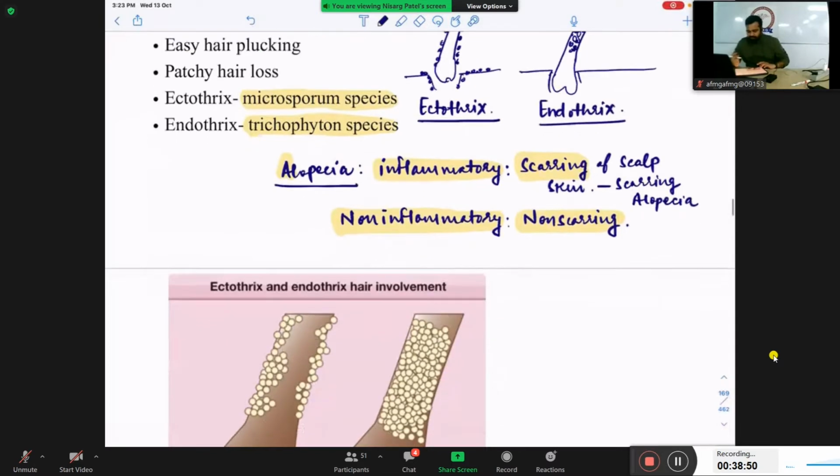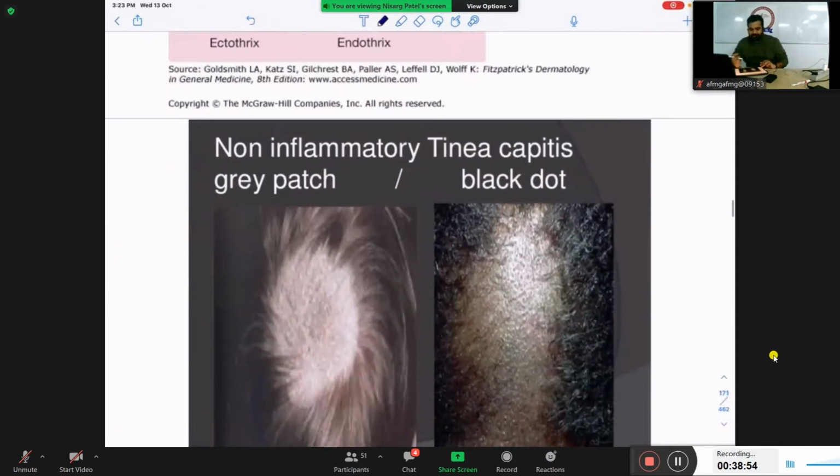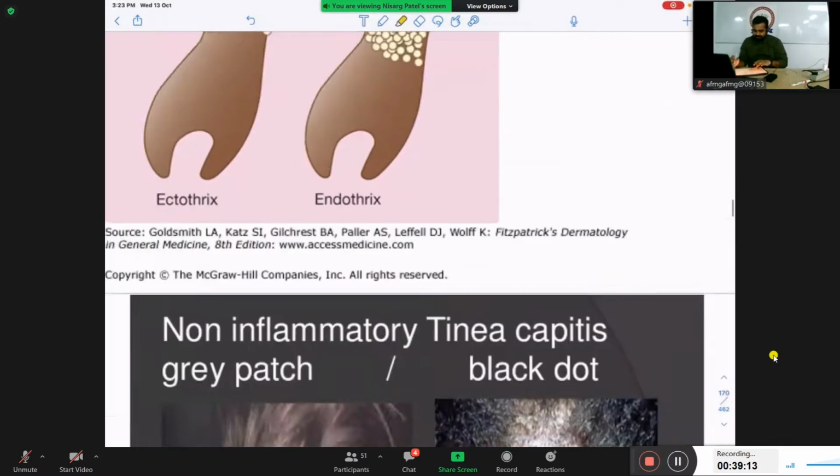So what are the two types of alopecia? Quickly see this. The first is a non-inflammatory gray patch alopecia. Generally, what MCQ do they ask? What is the causative agent of gray patch alopecia? In which condition will you see a gray patch, and in which condition will you see the black dot? If you understand this